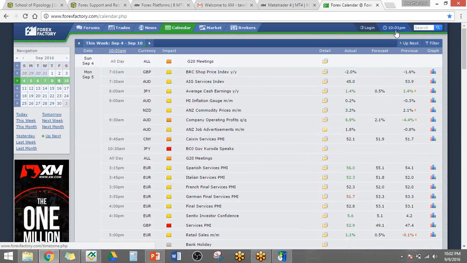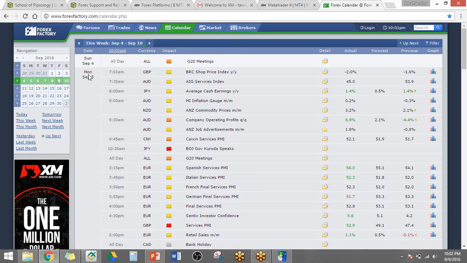Don't forget to change your clock over here. Make sure you set it to your own time. For example, you're here in the Philippines, GMT plus 8. If you're somewhere else, set it to your own clock so that the time here will be where you are, so that it's not confusing. You won't have to do plus minus anymore.